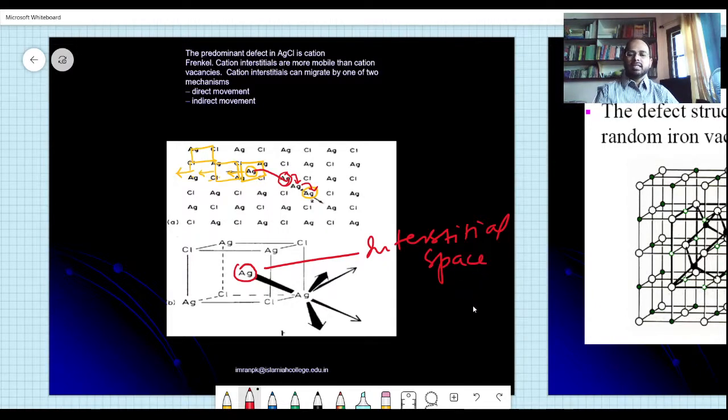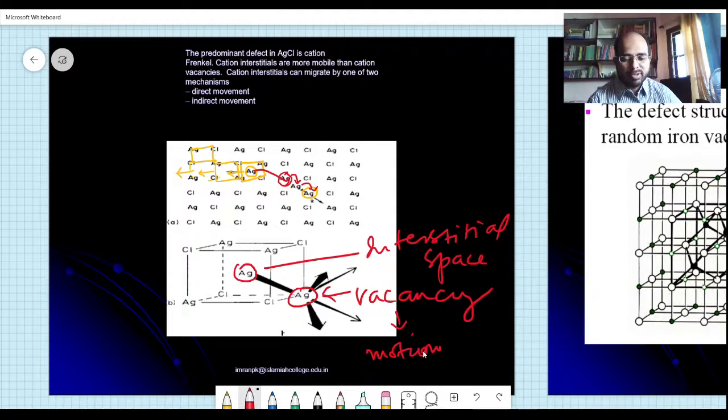The interstitial space is now occupied by one regular cation, and here you have a vacancy. So vacancy creation is there, and if the vacancy keeps moving, we can also call it vacancy motion. If there is a lot of vacancy motion in a crystal, it has very good electrical conducting properties. That is what we say. This is the basics of the semiconducting property of a crystalline substance. So they move regularly, and it's not random.